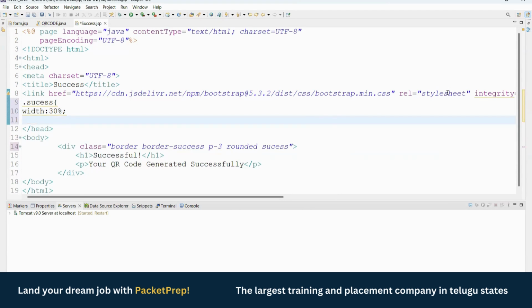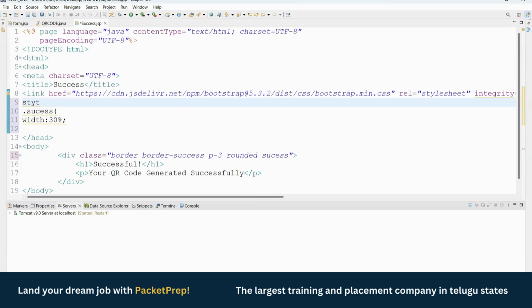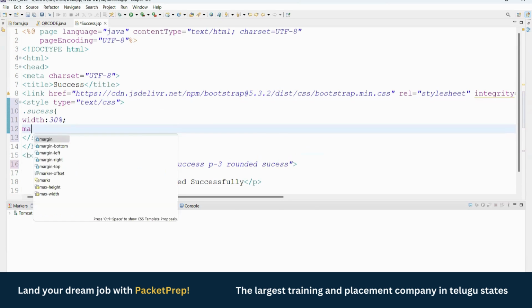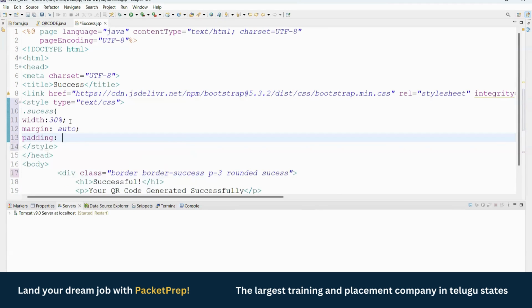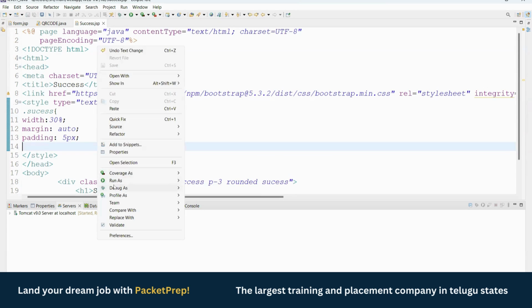Next, sorry, we need to take a style tag, right? I need to write styling in a style tag. Style, width 30%. Next, margin auto. Next, padding 5 pixels. Next, margin top. We'll apply margin top because once we run this,